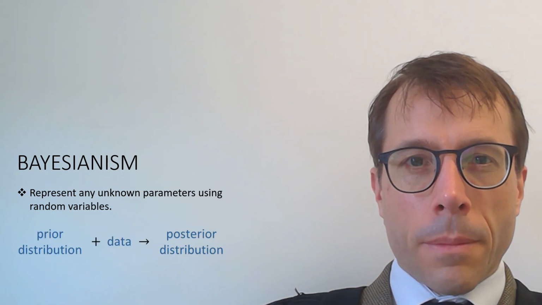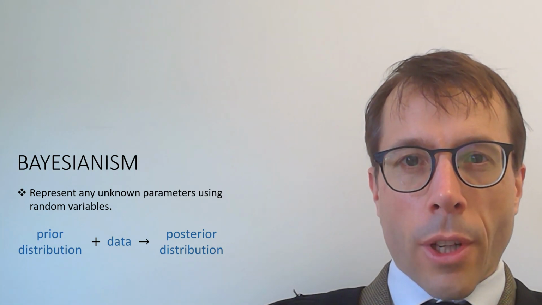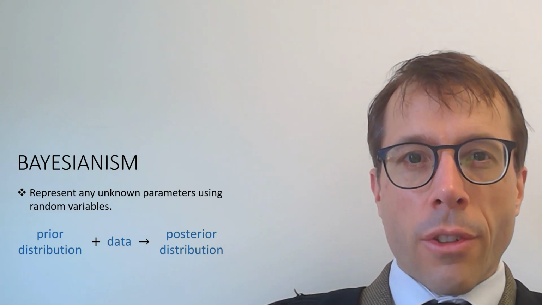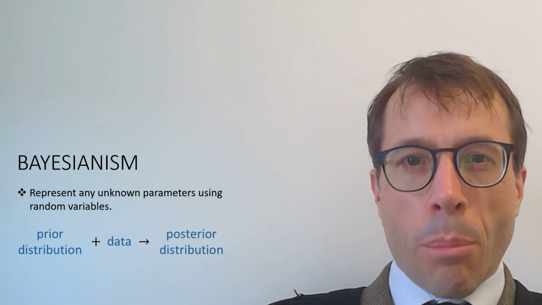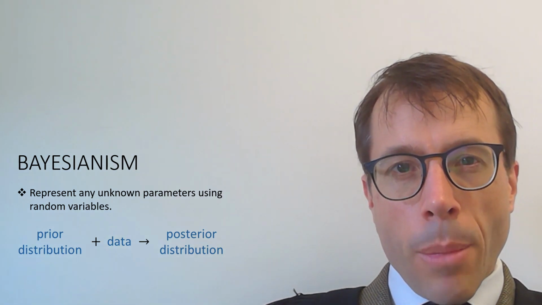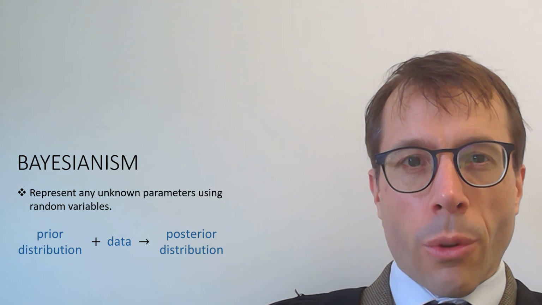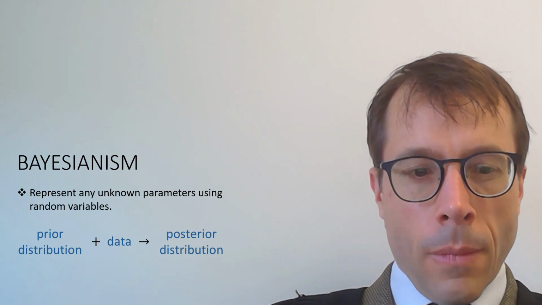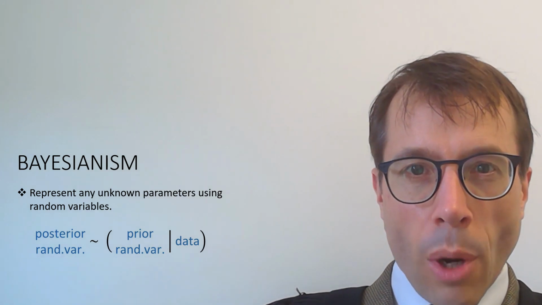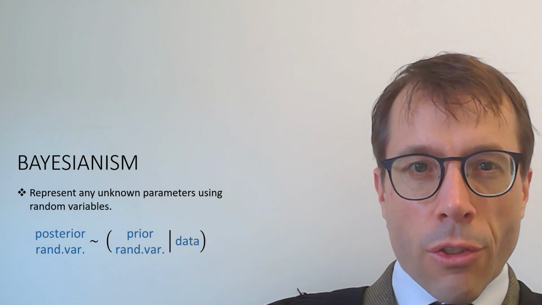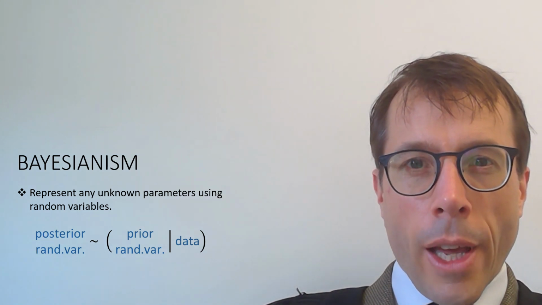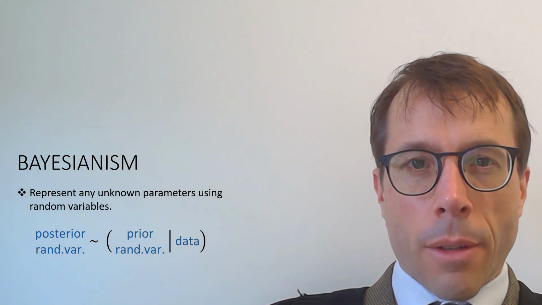So, let's start. Here's the basic idea behind Bayesian calculation. We start with a prior distribution for those random variables, that is, a distribution that reflects our belief prior to having seen any data. Then we see the data, and based on the data we update our beliefs to get what's called the posterior distribution. And the way we update our beliefs is using conditional probability. Our posterior distribution for the random variable is what we get by taking the prior random variable and conditioning on the observed data.